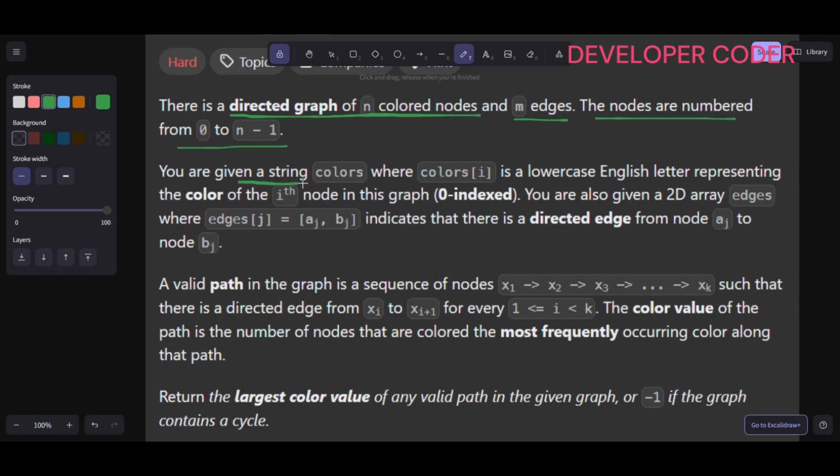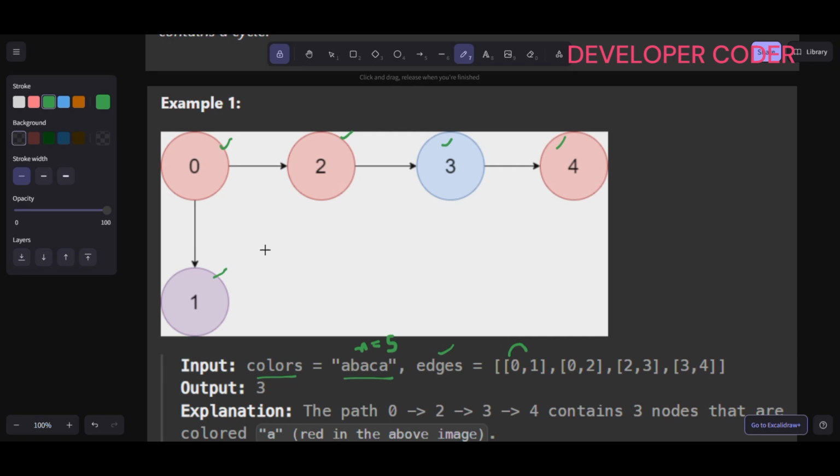You are given a string colors where colors of i is the lowercase English letter representing the color of the ith node in the graph. You are also given a 2D array edges where edges of j, aj and bj, indicates that there is a directed edge from node aj to node bj. So here 0 to 1 there is one edge, 0 to 2 there is an edge, 2 to 3 there is an edge,